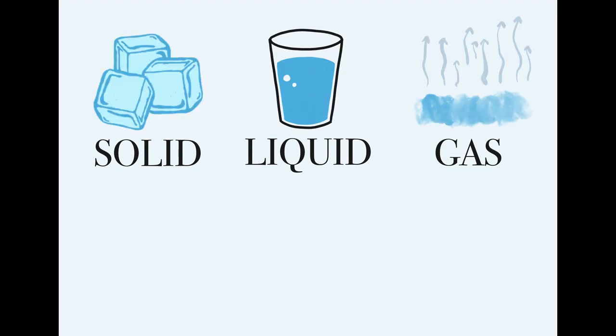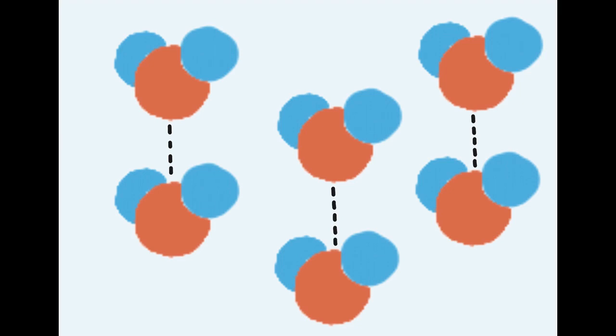Water comes in three possible forms: solid, liquid, and gas. The difference between these three forms that causes it to appear as liquid water, or ice cubes, or as steam is the amount of space and order between the H2O molecules during the form they're in.